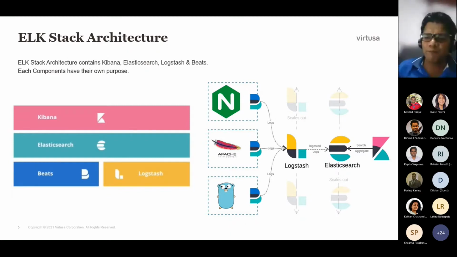So then they brought these two technologies into their company, and they made one stack, which we call the ELK stack. So by using these components, Elasticsearch, Kibana, Logstash, and there is one more component called Beat as well. I'll explain these in detail in the next slides. This is just a touch.